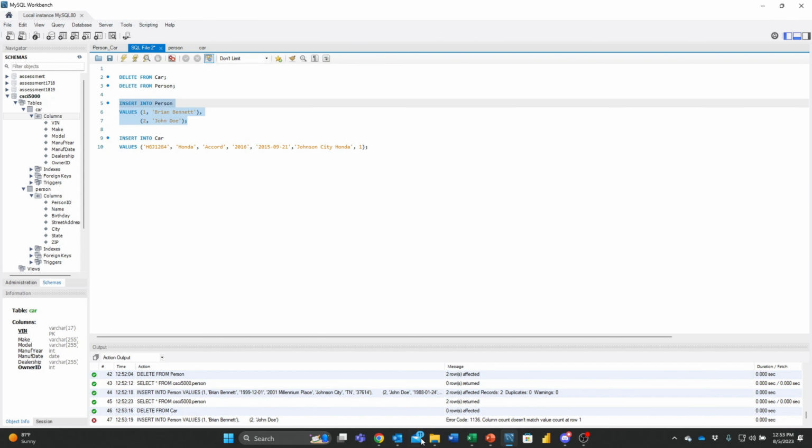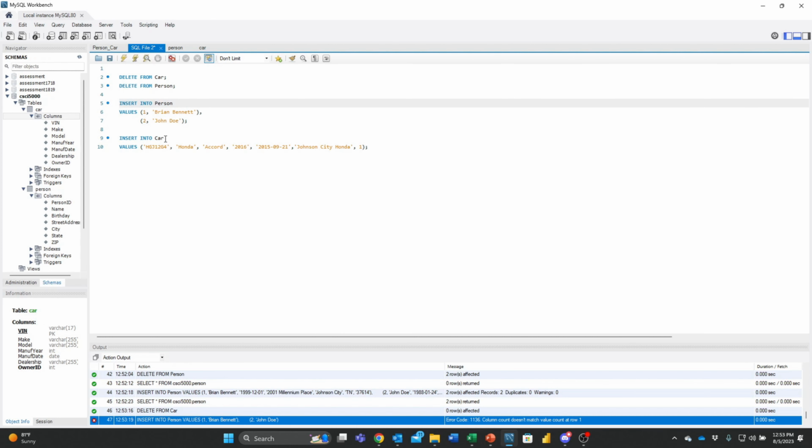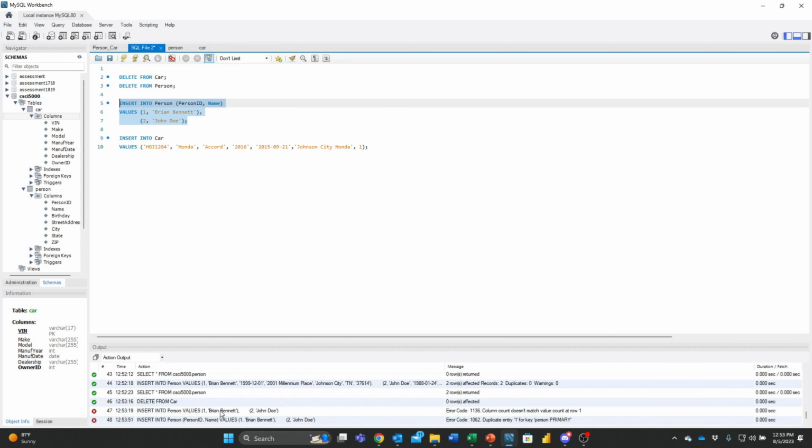When I run this, I get an error. Column count doesn't match the value count at row 1. That means there are more columns in the person table than I have values for in my values list. To correct that, I can add a column list and say I just want to insert the person ID and the name, because all others can be null. And now when I run this,